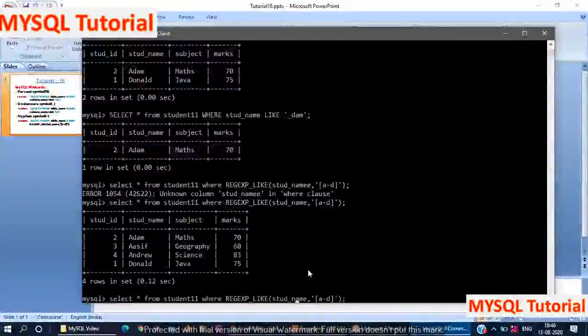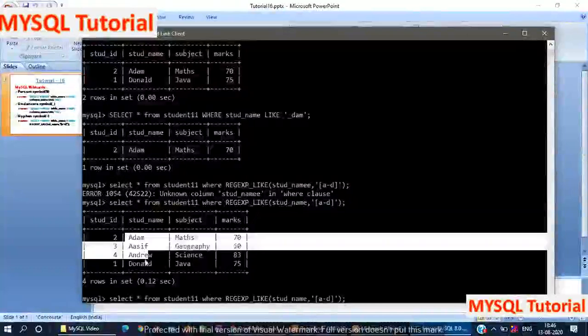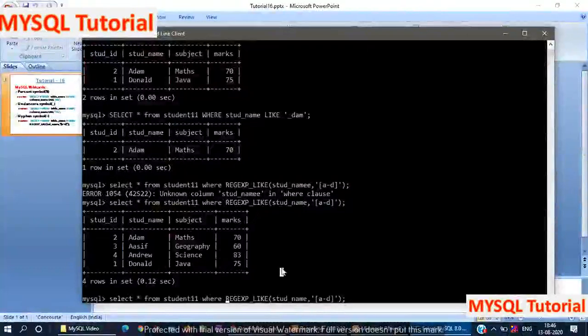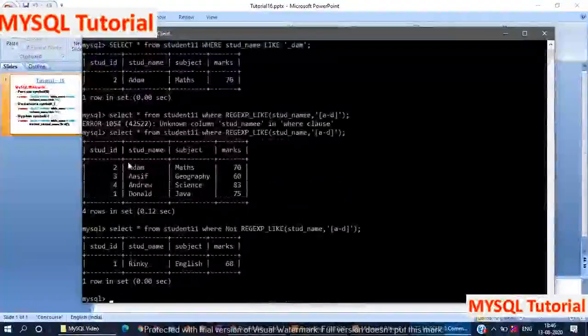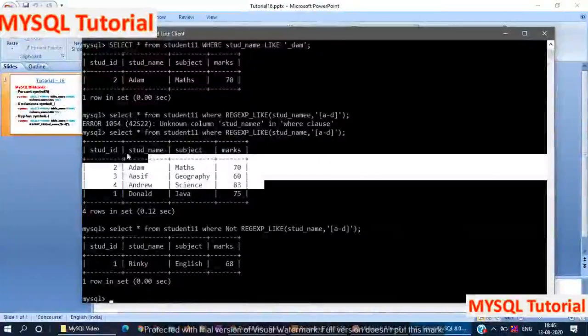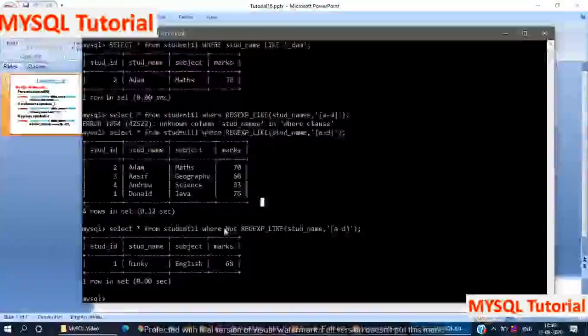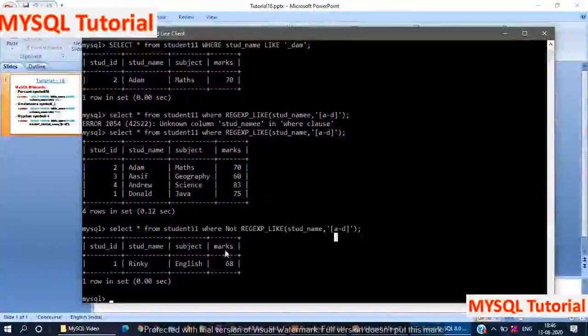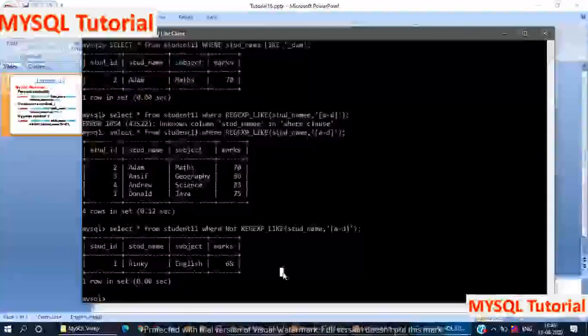You can also use NOT REGEXP_LIKE if we don't want these records; that time it excludes these four records and returns the other records. We have already seen that in that table there are five records. When it first matched this condition, it returned these four records, and here we specified the condition NOT like this, which means only a single record remains. That's why the compiler returns only this single record.